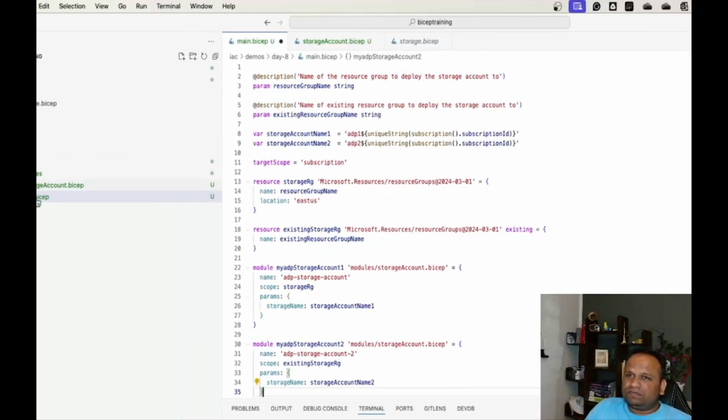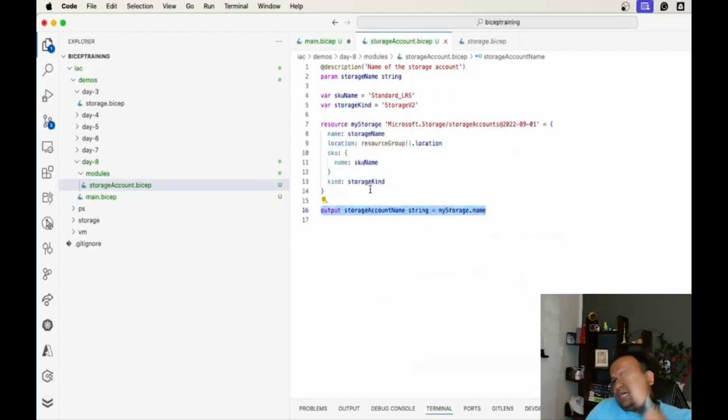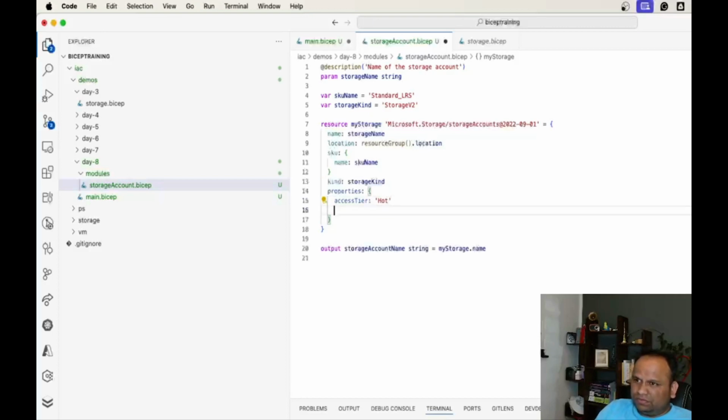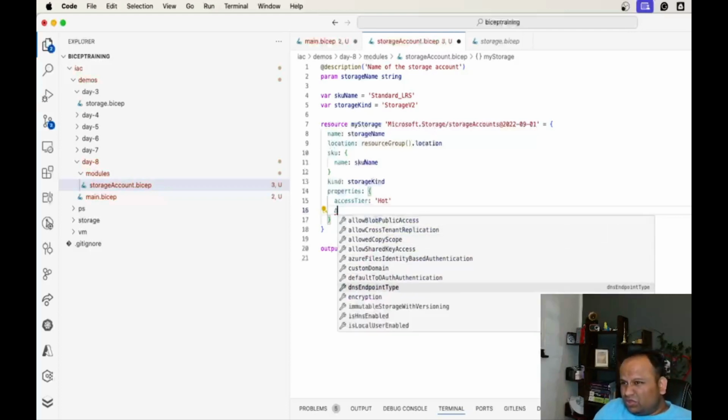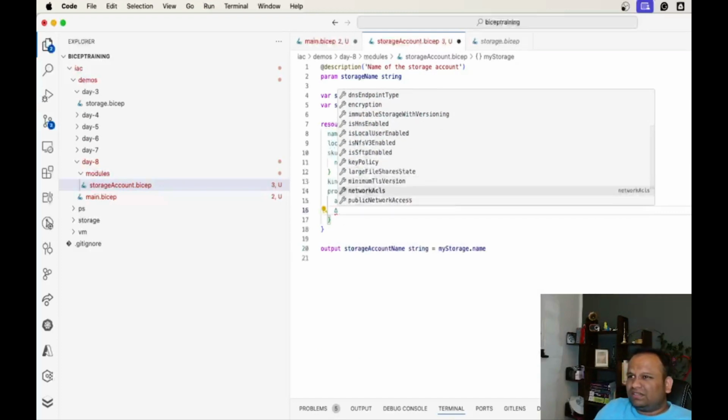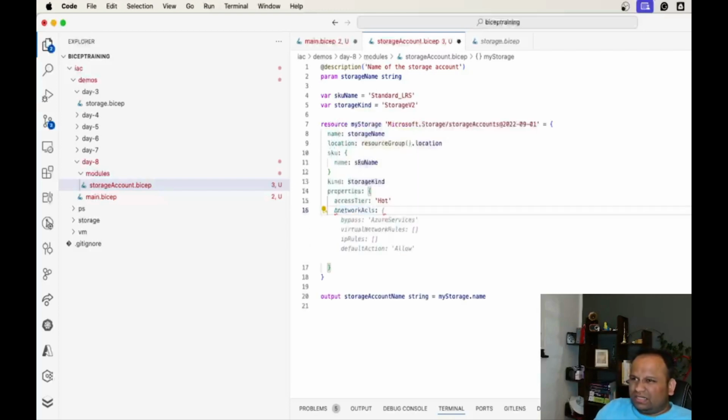So for example, if I go to the storage account, and go to the properties, and in the properties we go to rule, I think, no, this, yeah. If I go to the network ACLs, and if I do this,